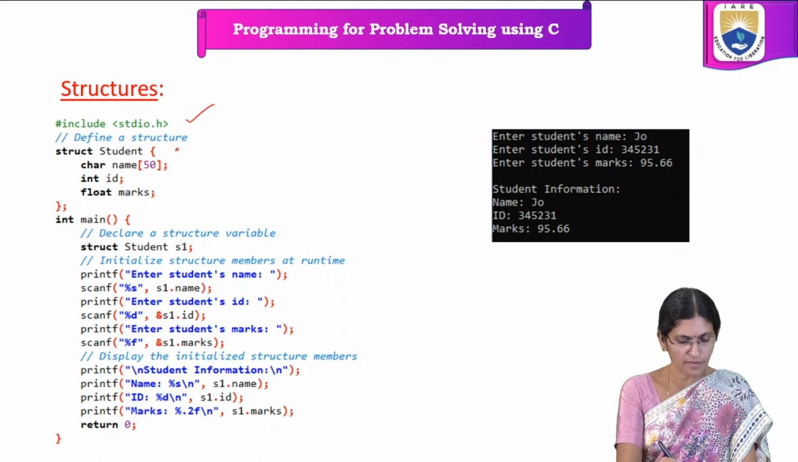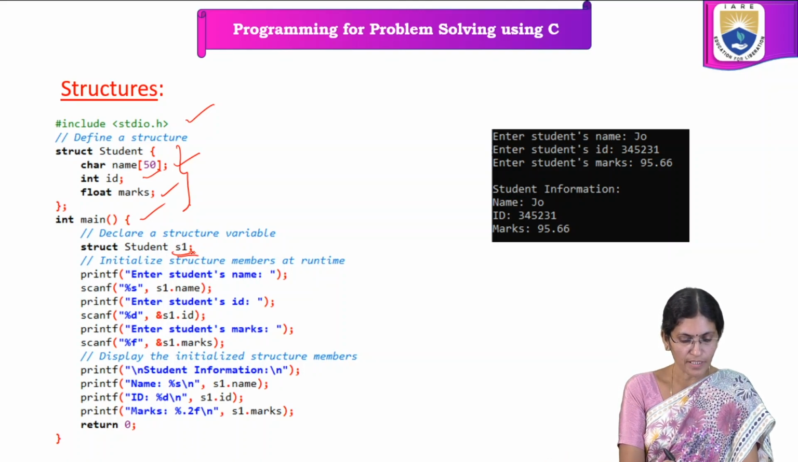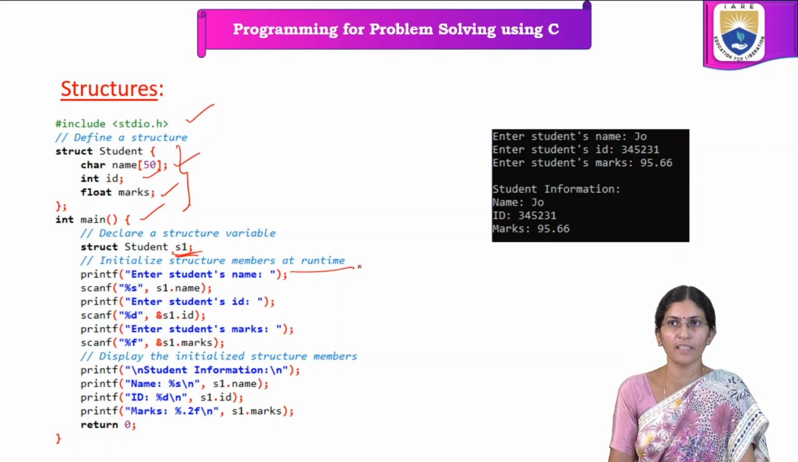First we have to define the structure. The same structure we have used, which has three members, name, ID and marks, and then the main function. Inside the main function we have declared a structure variable S1. So the name of the variable is S1, and then in order to initialize the structure members at runtime, during execution time,